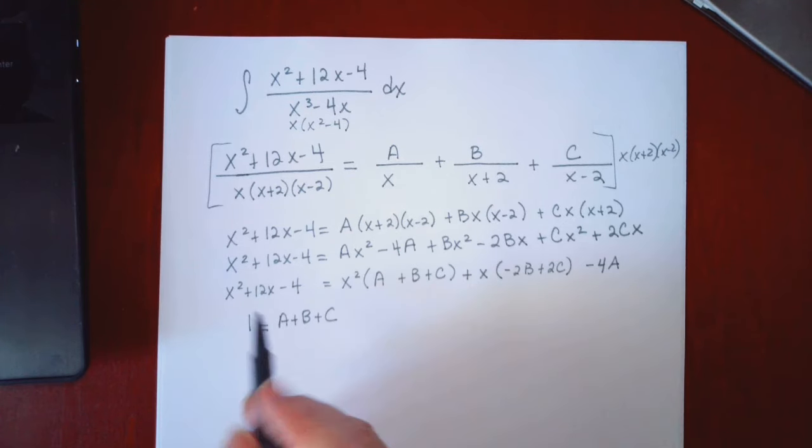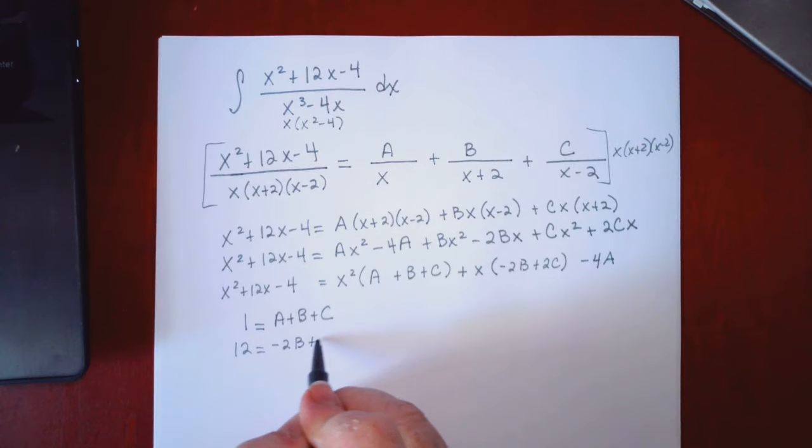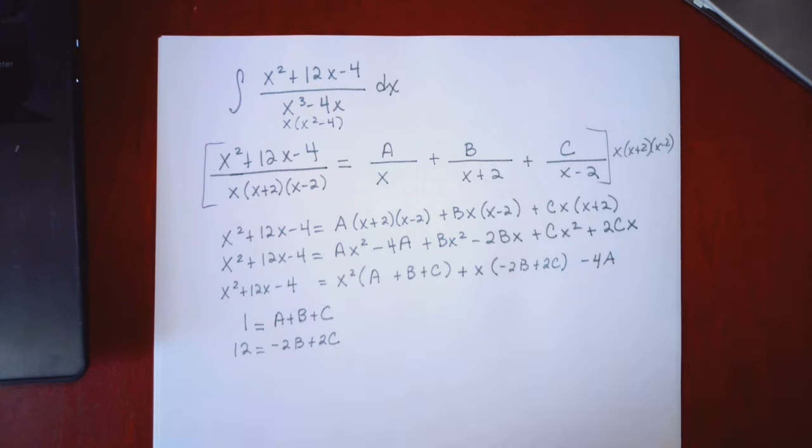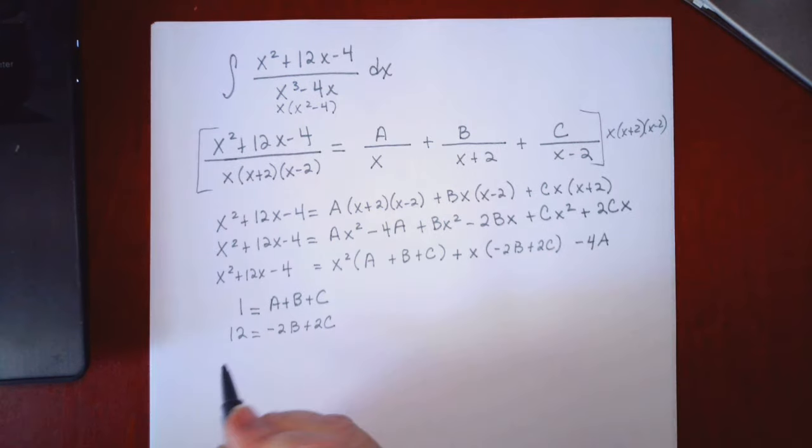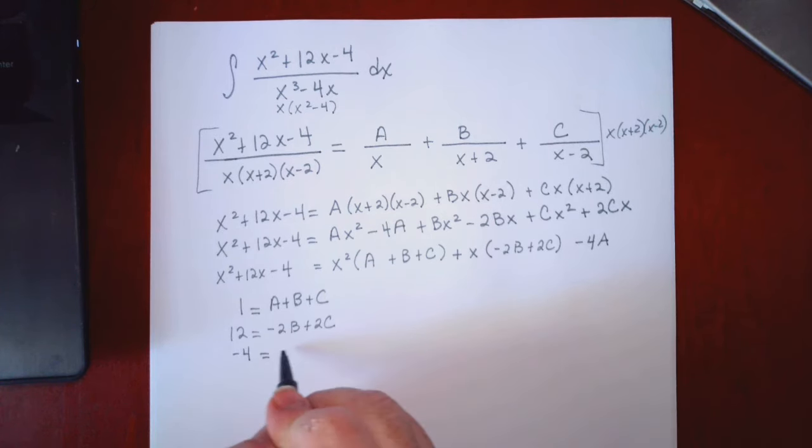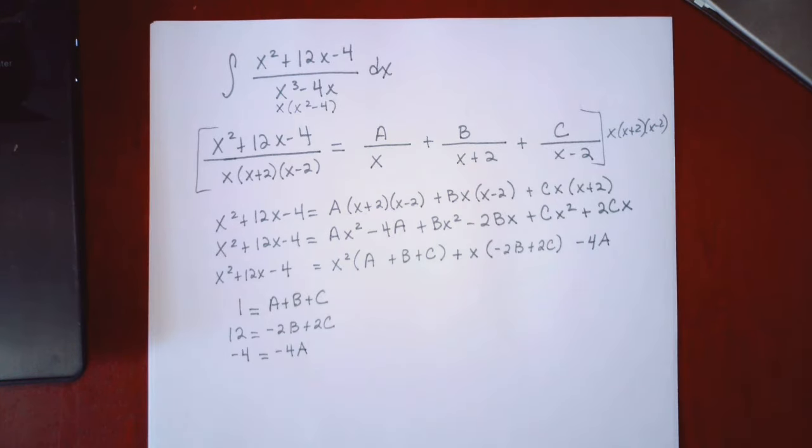I have 12 times x on the left, and I want that to equal how many x's I have on the right, and I have negative 2b plus 2c. My constant on the left is negative 4, and my constant on the right is negative 4a. So I also want those to be equal. And so notice now we have three equations